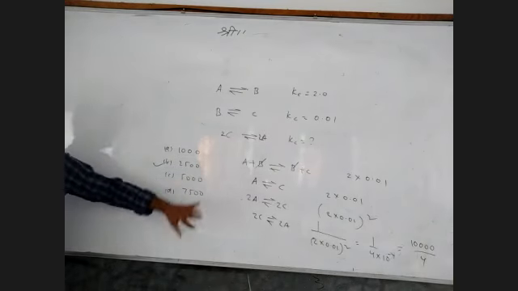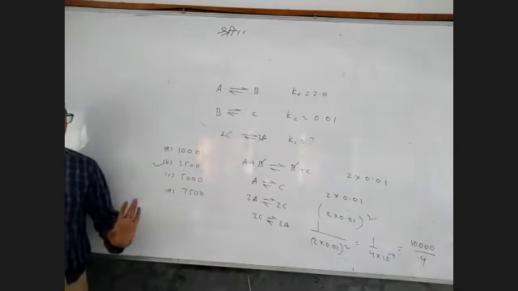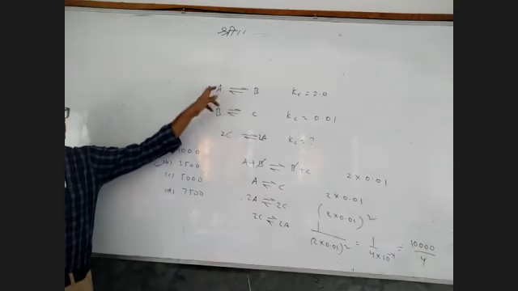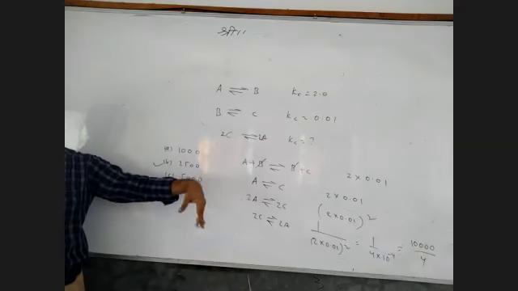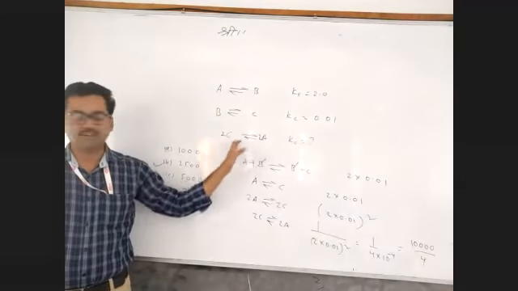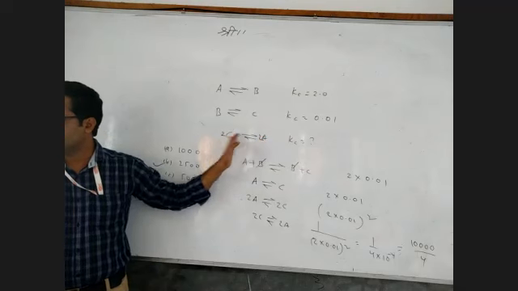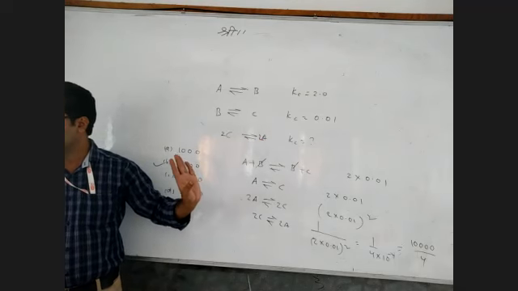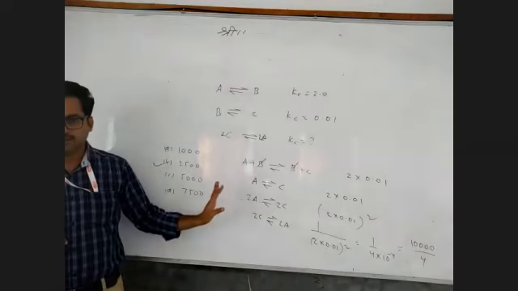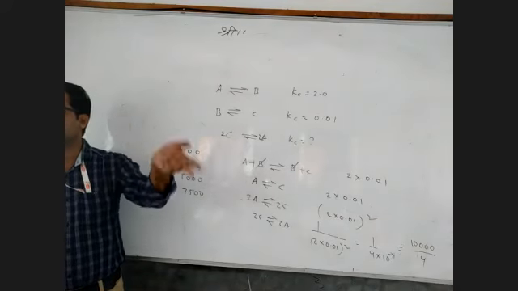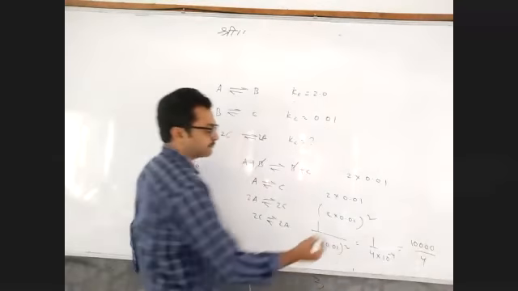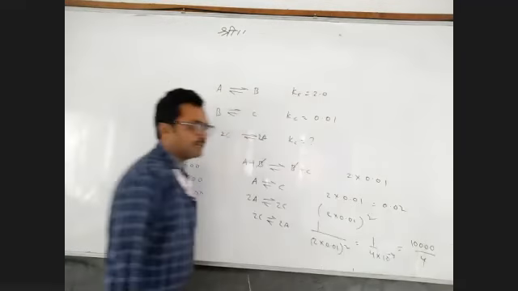I repeat once again. Anyway, you can do it not only by this method. Somehow you have to get 2C to 2A. You can multiply this by 2 initially, and this 2 you can do minus. Anyhow you can do the equation. So first I added, because in the final equation I don't have B. So eliminate B: add both, so left B and right B will get cancelled. If you add two equilibria, their equilibrium constants will be multiplied. So 2 into 0.01, how much is the answer? 0.02.